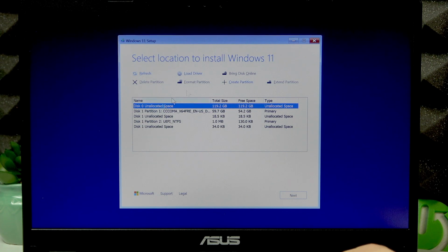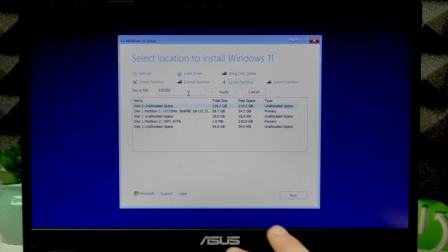Now if you want to add a separate partition, you can select the unallocated space that gathered up when we removed all the partitions, select create partition, and then select the size in megabytes for this partition. This will be the disk that you'll be able to use for all the different kinds of data, and the other one will be the system disk. So I suggest that you leave some unallocated space on your PC, like at least around 30 gigabytes, so 30,000 megabytes of unallocated space, where the Windows and system files will be downloaded, and leave the rest for the